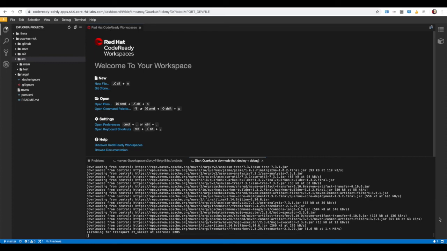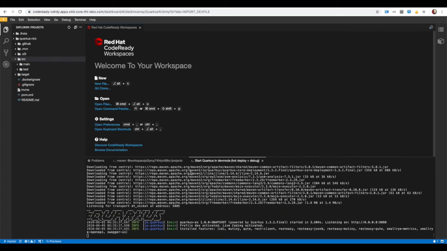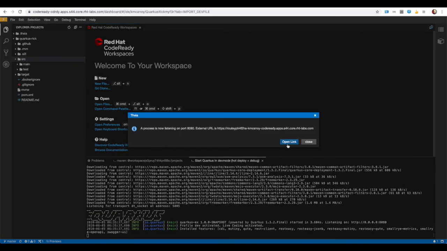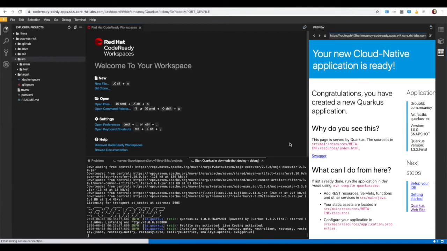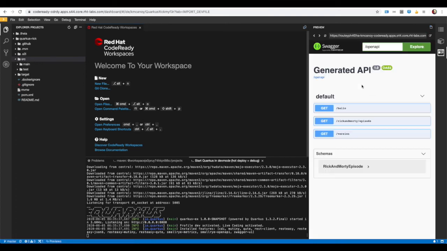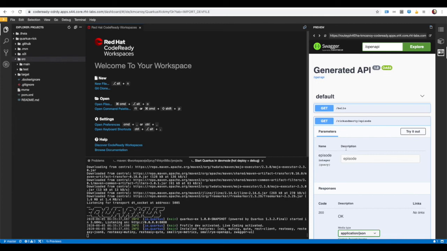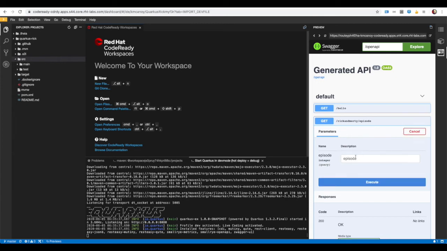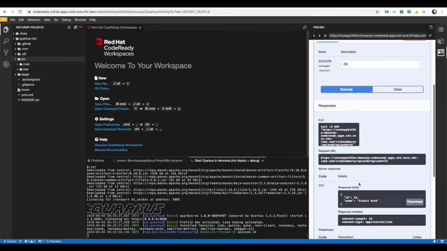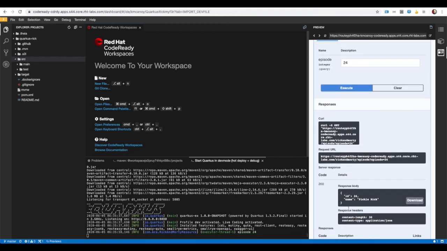But essentially the custom workspace is set up. This is a pretty simple one. You can have a much more complicated version as well with multi-projects. But for this purposes, we have a Quarkus app running on 8080, and we'll expose it with a route. So if we take a look at it, it is now running in dev mode. The Swagger spec is here, and we have a call we can test out, getting us the 24th episode of